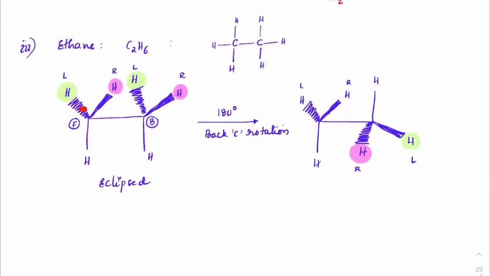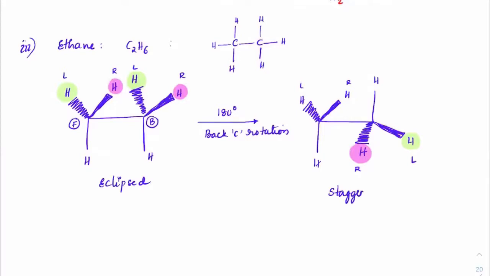So when I make an ethane molecule which appears in an eclipsed form, as soon as I rotate that into this particular form, it has become a molecule where on this hydrogen I don't see any hydrogen here, but it is on the opposite side. Same way, this hydrogen and this hydrogen are in the same plane, but they are on the opposite side. These two hydrogens are in the same plane, but they are opposite to each other. This kind of representation is called staggered.